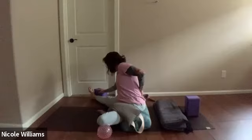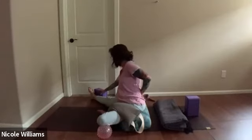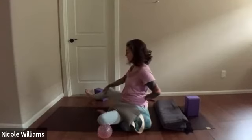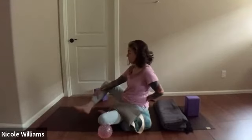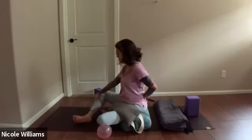Okay, now as you come up, you don't have to slide your block in right now, but you might bring your right hand to the leg and then come up and then help that leg cross into a cross-legged position in front of the left leg, and then get a block